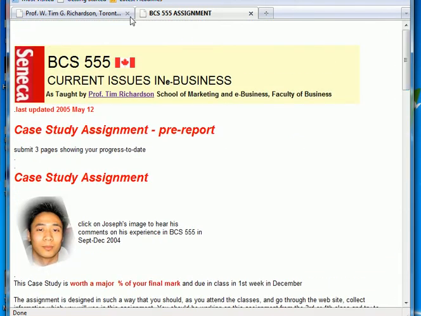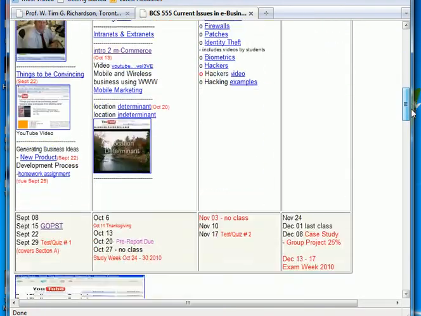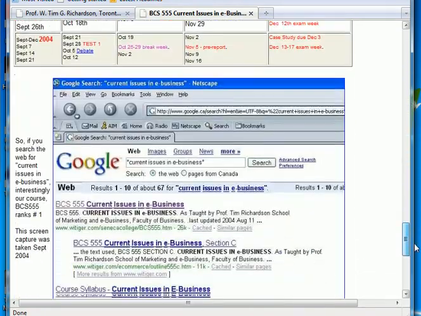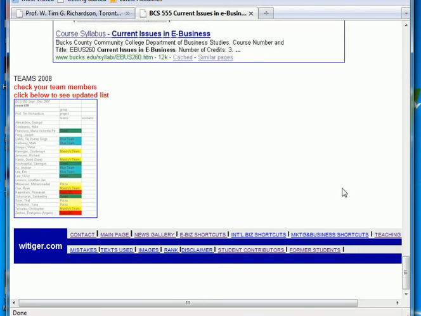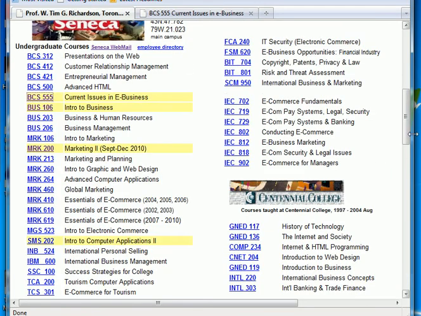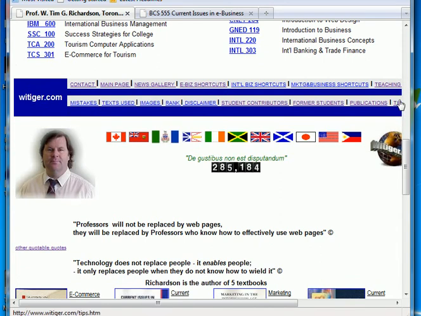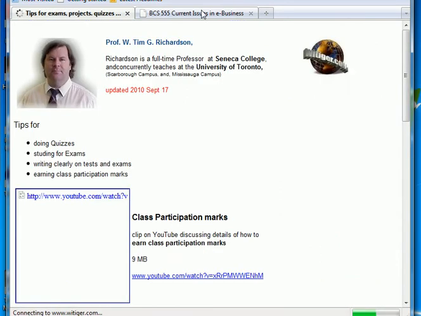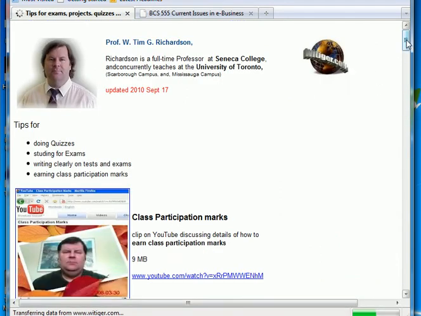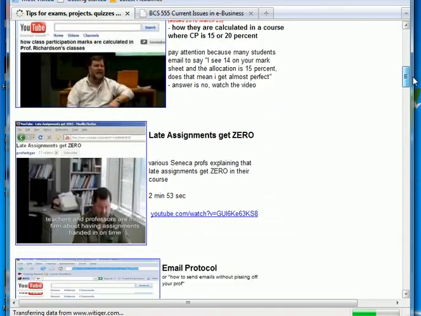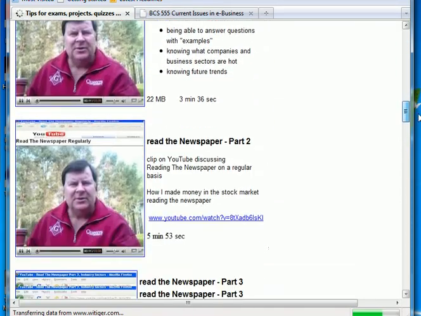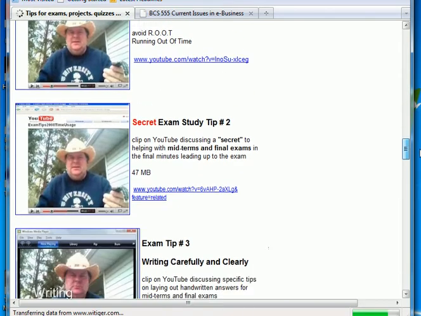the tips page. So let's go back here to the BCS page and go down, on the main page here, where it says tips, right there, tips. And on this tips page, you'll see points about class participation mark, late assignments, email protocol, reading newspaper,